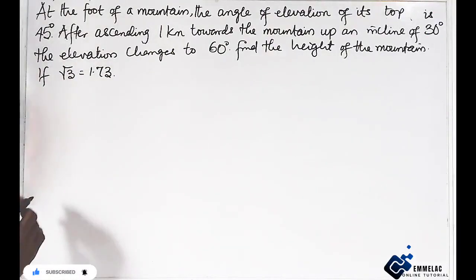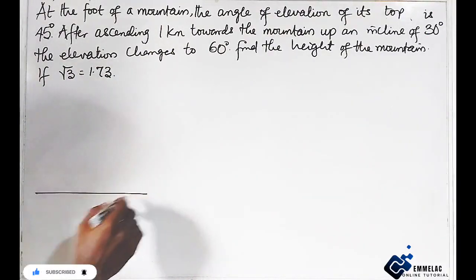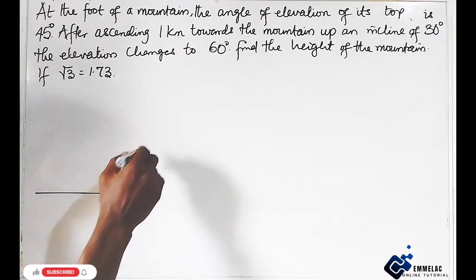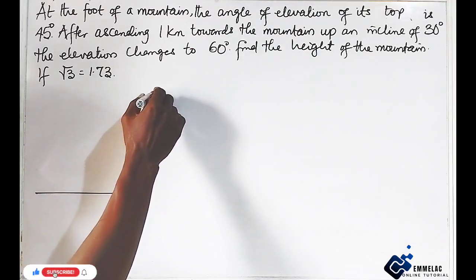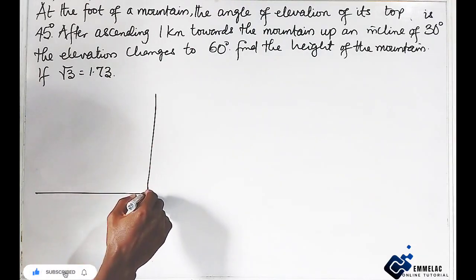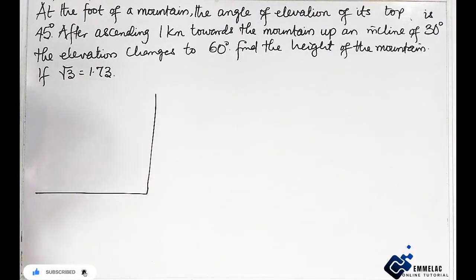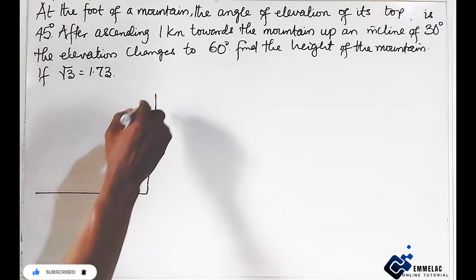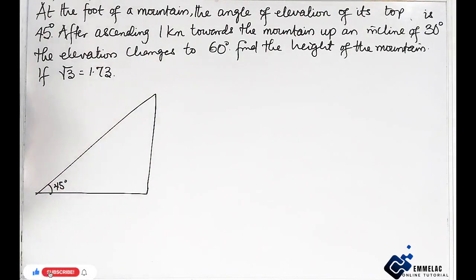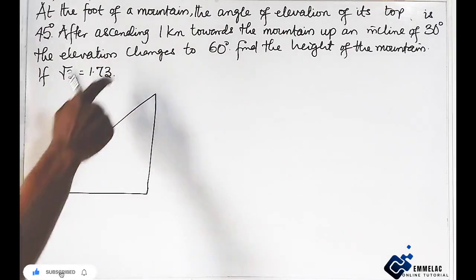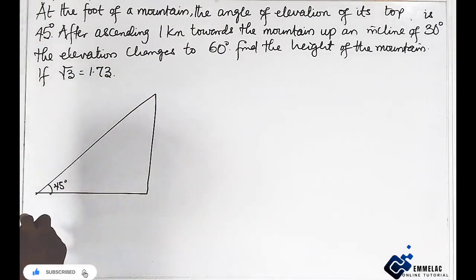Now let us assume this is our ground. Now this is the mountain. The elevation to the top of the mountain is 45 degrees. Now this said person, after ascending 1 kilometer, okay, now